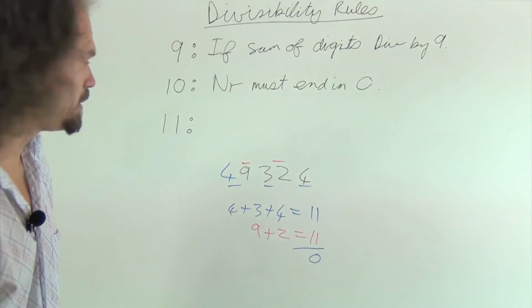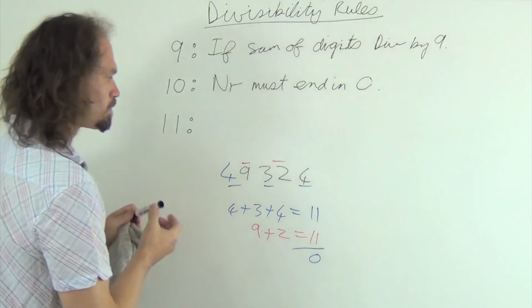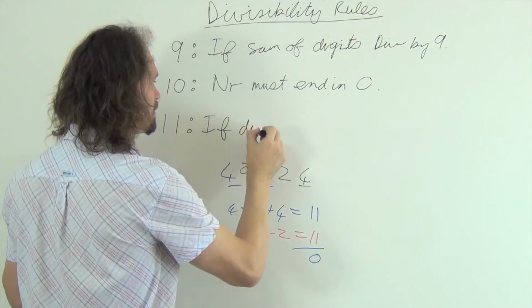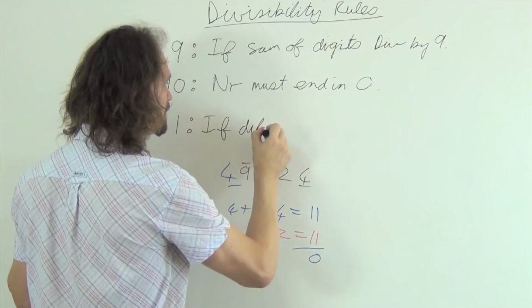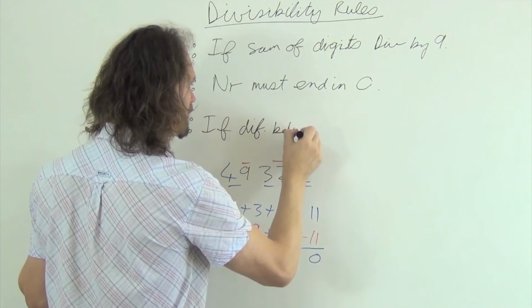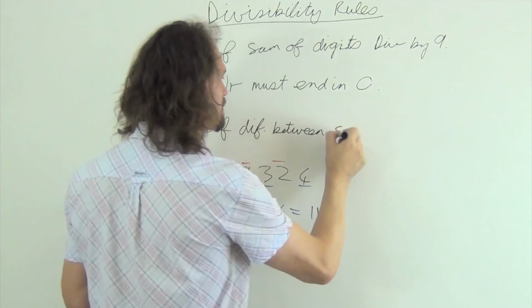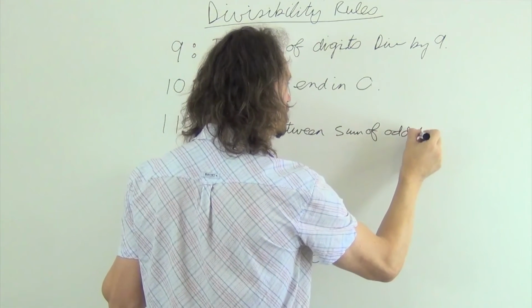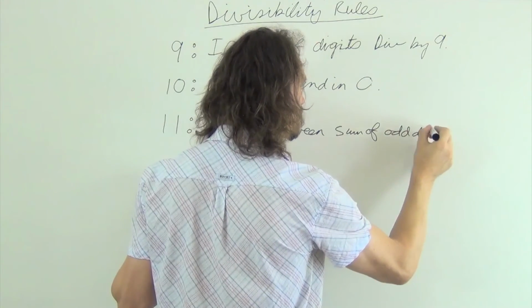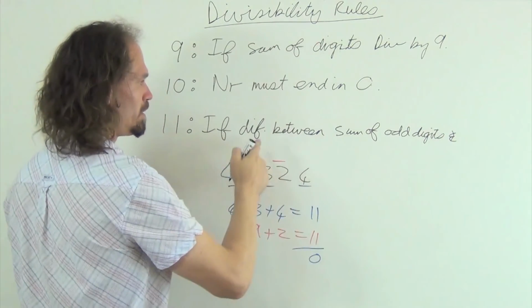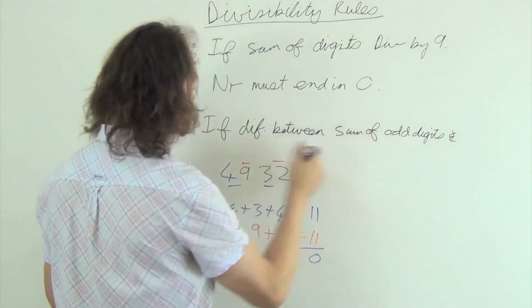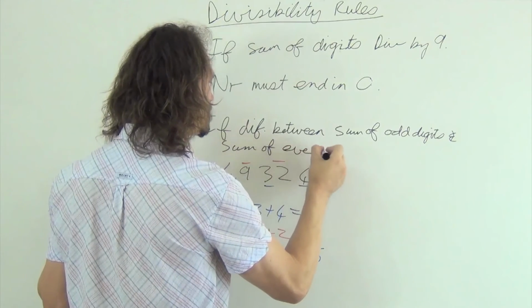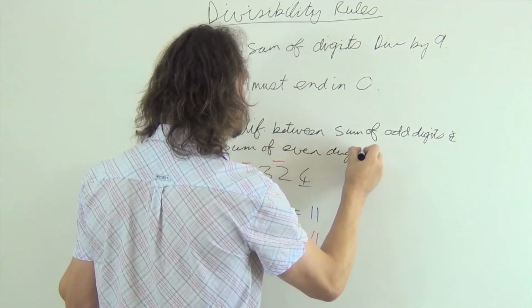So let's formulate that into a rule. And you say, if the difference between the sum of the odd digits and the sum of the even digits